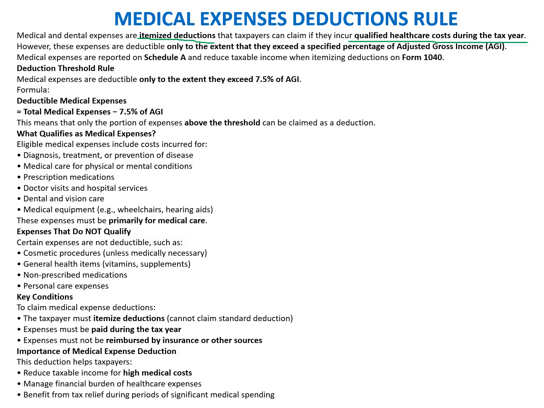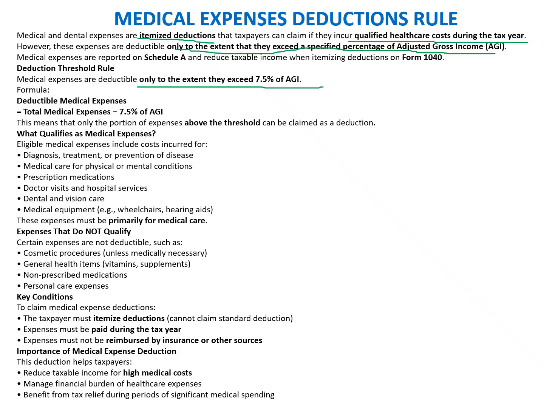However, these expenses are deductible only to the extent they exceed a specified percentage of the adjusted gross income. So there is a limit attached to it. If expenses exceed a particular limit, then this deduction can be claimed from the AGI. So medical expenses are deductible only to the extent they exceed 7.5% of AGI. If the medical expenses of an individual exceed 7.5% of the AGI, then he can claim that amount as